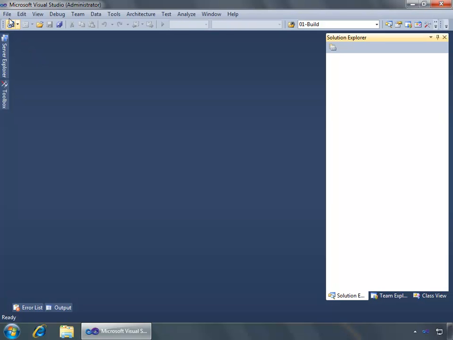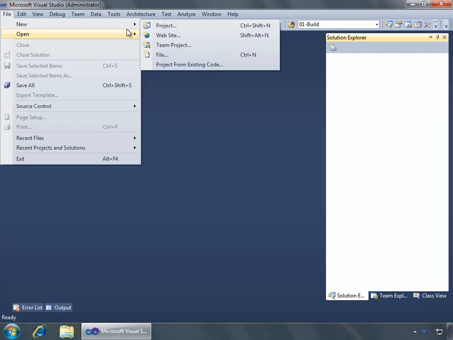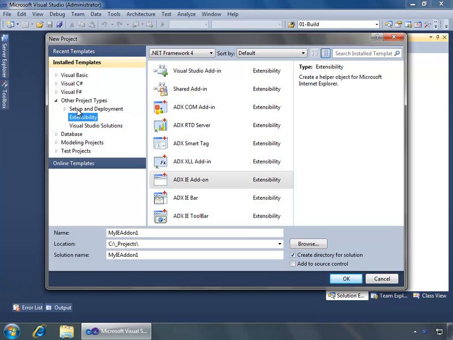Let's get started. I have Visual Studio 2010 open and running as the administrator, which is important anytime you want to use the ADX IE for .NET toolset or product. I'll do File, New, Project, and we'll head to the other project types. Under the extensibility node, I want to select the ADX IE Add-on, and I'll go ahead and leave everything else